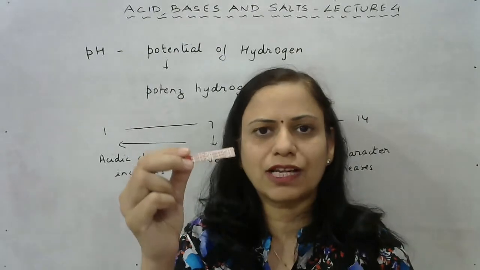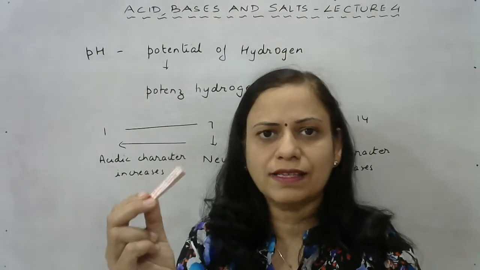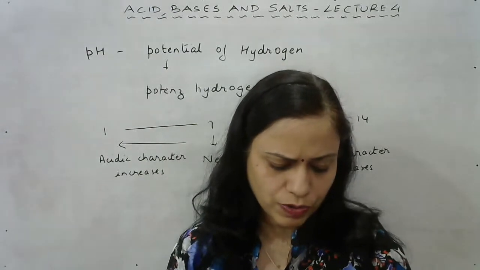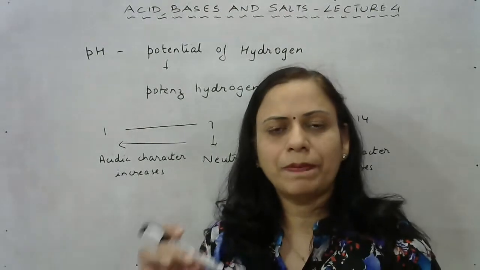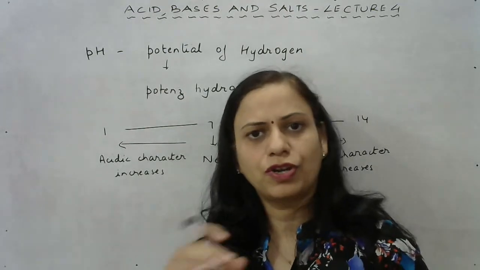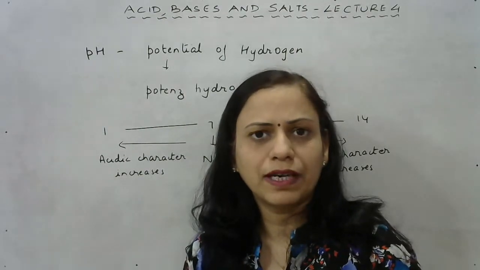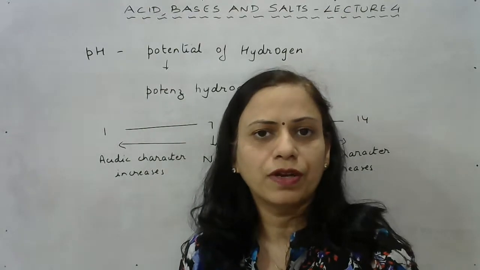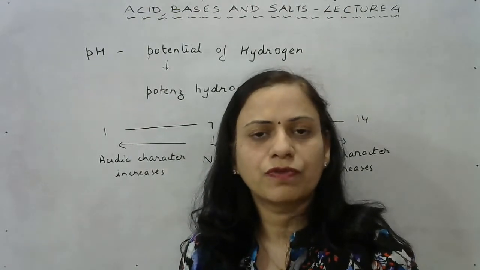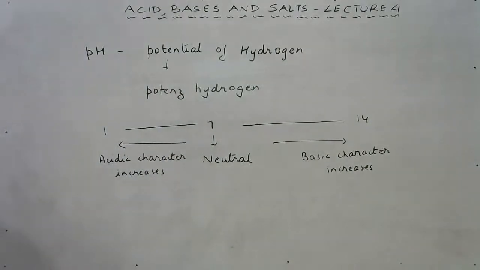This is not actually pH paper that I'm showing you. This is litmus paper. But pH paper is also like this only. So that is why I'm showing you over here. So whenever you dip the pH paper in a particular solution, you get a particular color, and you tally that color with the strip that is provided, and you can come to know what is the exact pH of that particular substance or solution, whatever you are testing, right? So this is about pH and how it is measured.